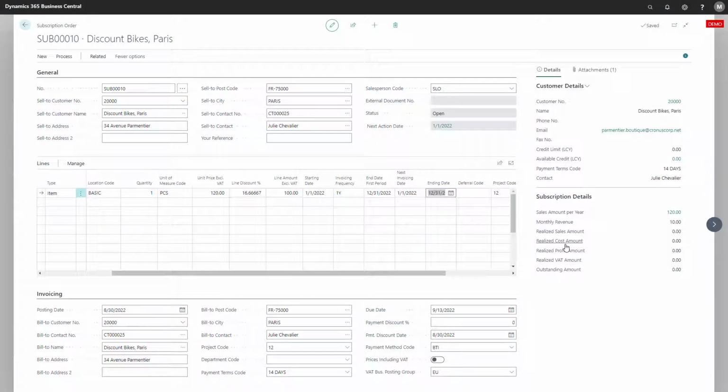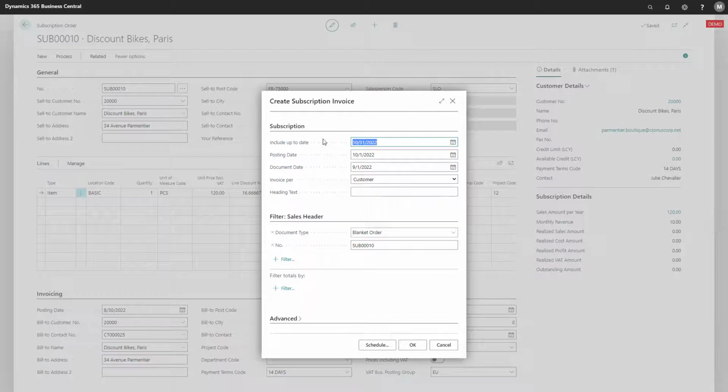So what happens when you have invoiced up until the ending date of your subscription? In this case, it's the end of December 2022, and it's a 1-year invoice frequency, and it hasn't been invoiced yet. It has next invoicing on the 1st of January. So I'll run the invoice here. I'll just say include January, posted in January,